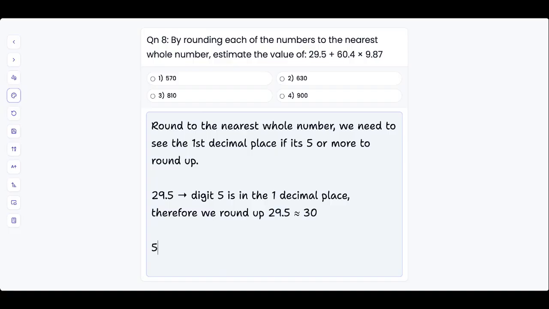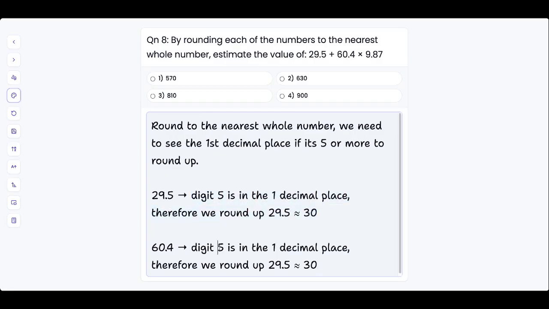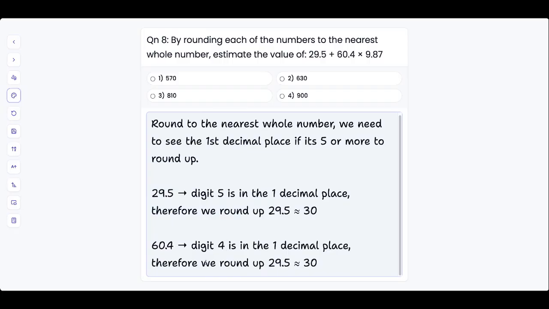What about 60.4? The digit 4 is in the one decimal place, therefore we don't round up, and 60.4 will become 60. Let me explain a little bit more. Digit 5 is in the one decimal place, and since